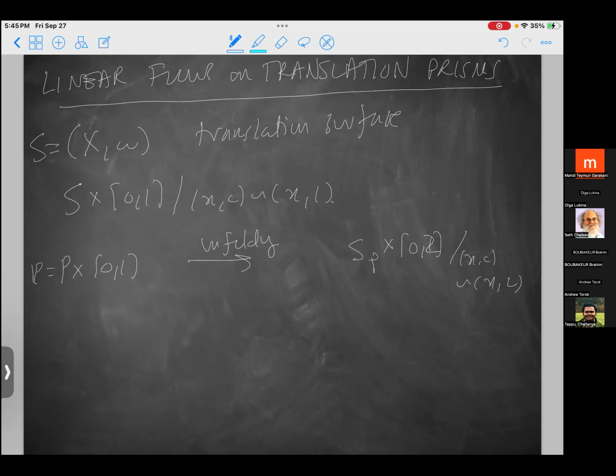Let me just stop here for a second. Does that at least vaguely make sense? That what you would get is you unfold your polygon, you get a translation surface, and then for the polyhedron part, the only interesting new thing that comes out is just sort of doubling it in the vertical direction. Is that okay with everyone?